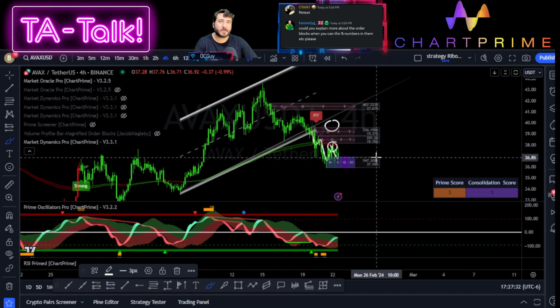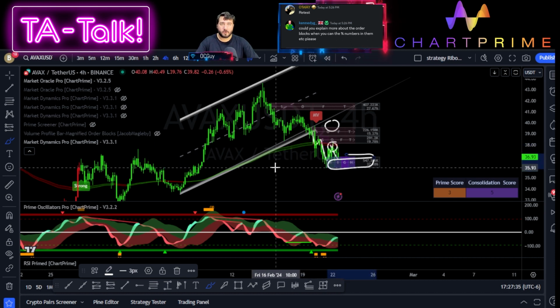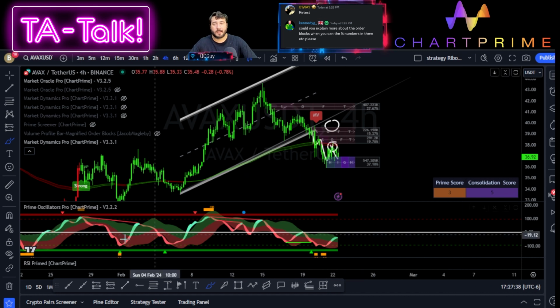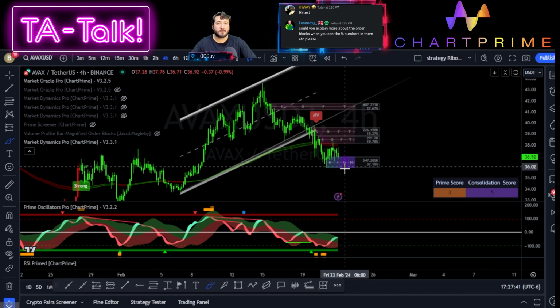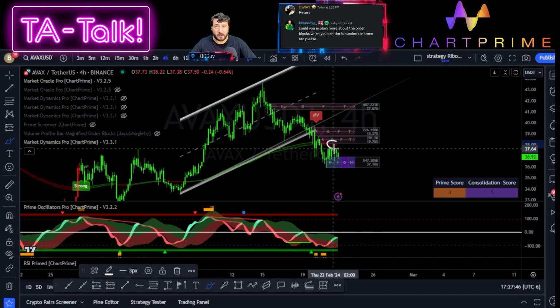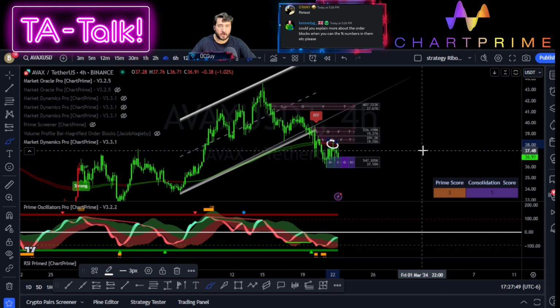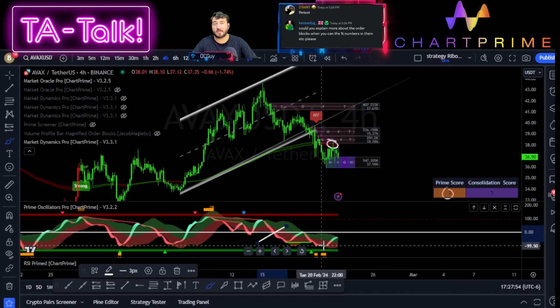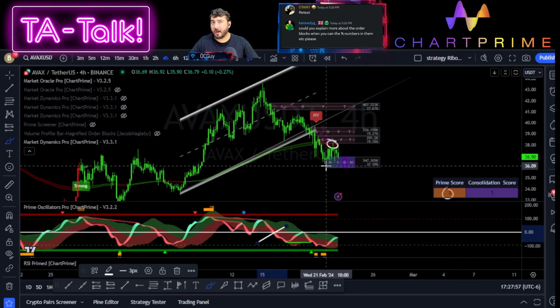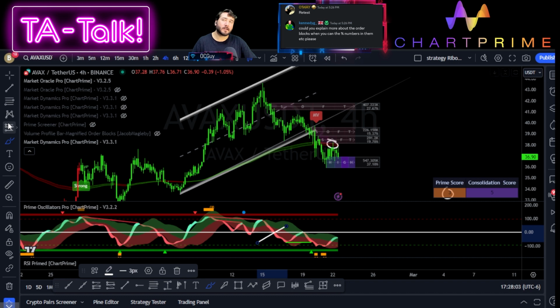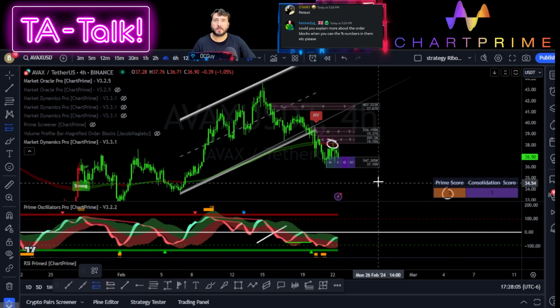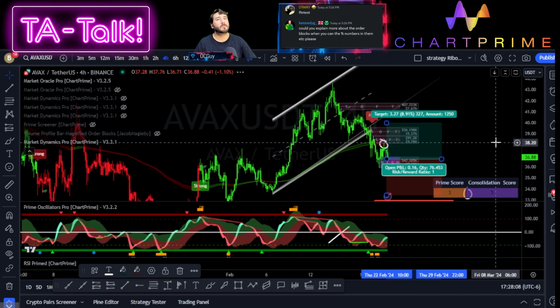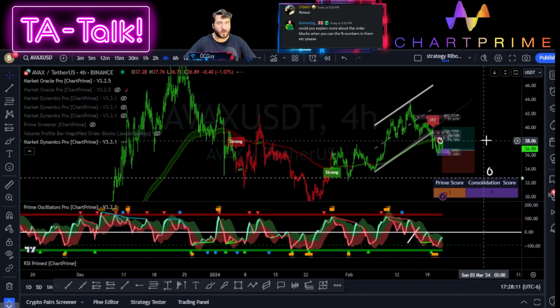This is a tricky one because we have a big high order block right down there. All right, so let's tackle the first thing here. This is very intimidating because my actual entry was up here, just like it was on Solana, just so you know, complete transparency. But my prime score is bearish. I'm below the 0 line, but I do have a high order block, right? Is it enough? I would say no. Nonetheless, let's tackle it. So what I'm going to be doing is going for a long position right here. Again, this is not something that I'm actually going to be doing, this is only an example.